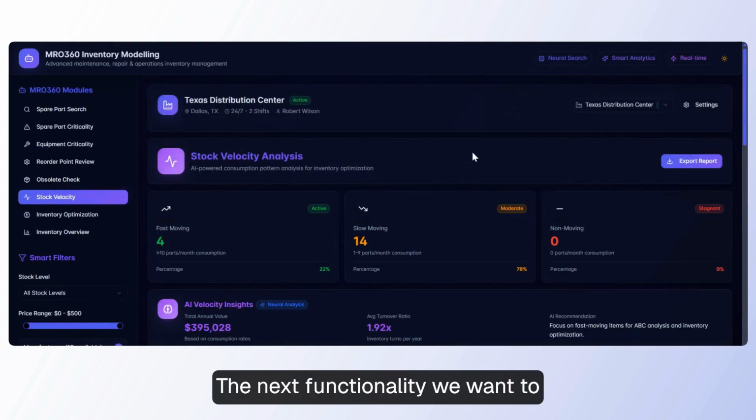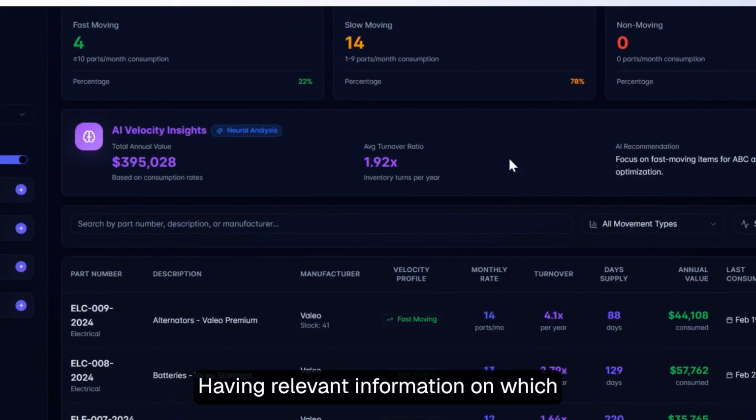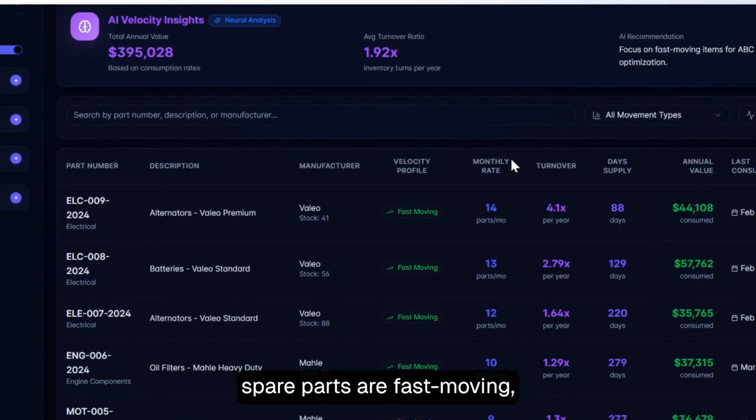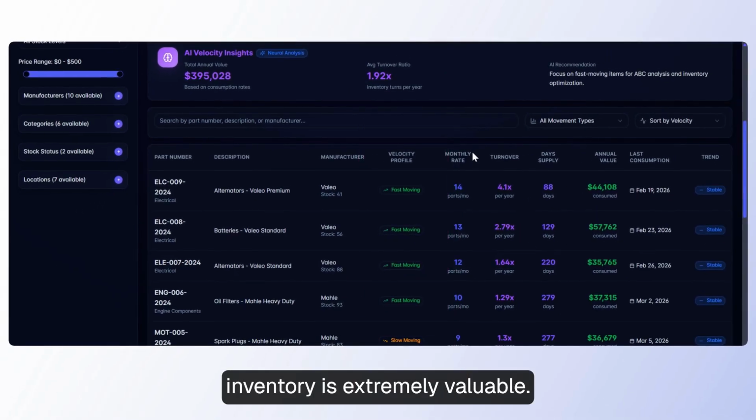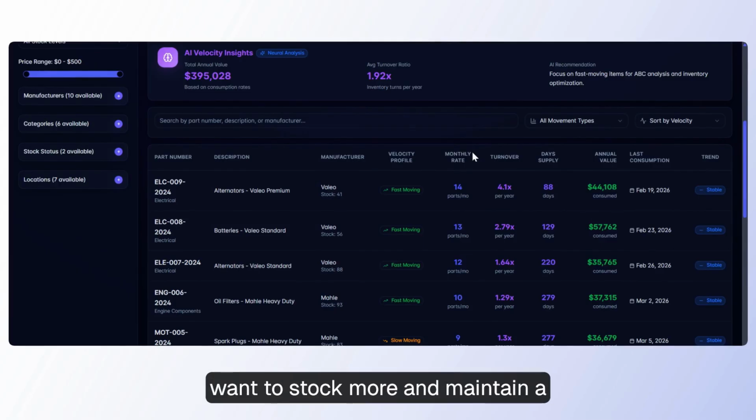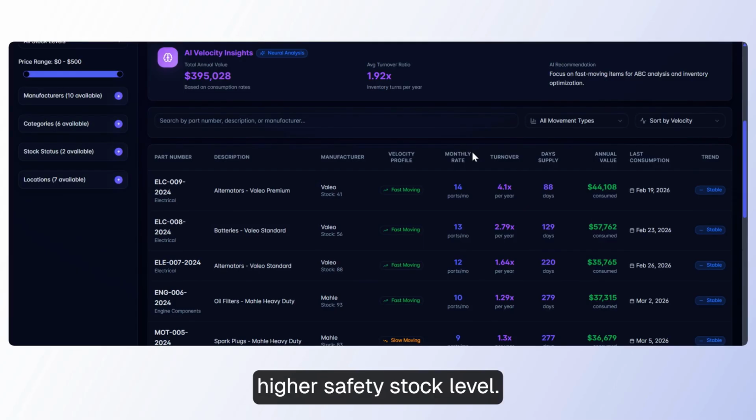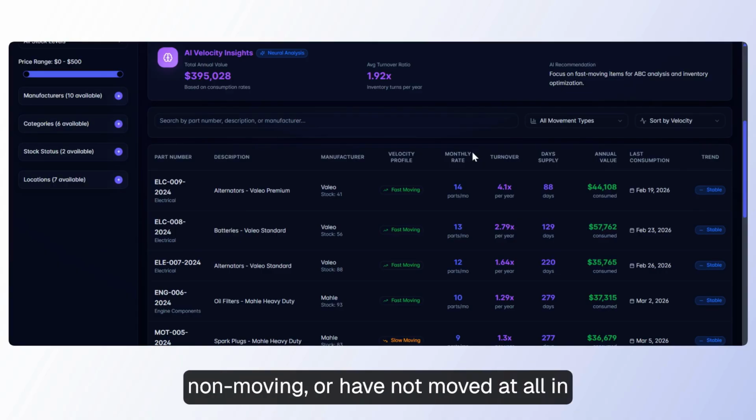The next functionality we want to discuss is stock velocity. Having relevant information on which spare parts are fast-moving, slow-moving, or non-moving in your inventory is extremely valuable. For fast-moving spare parts, you may want to stock more and maintain a higher safety stock level. However, for spare parts that are non-moving, or have not moved at all in the last 2 or 3 years